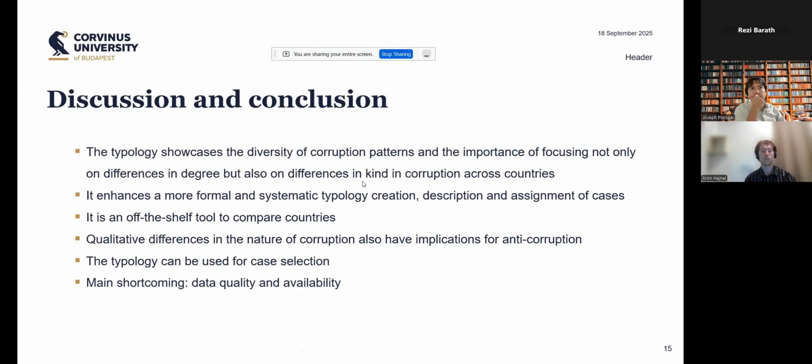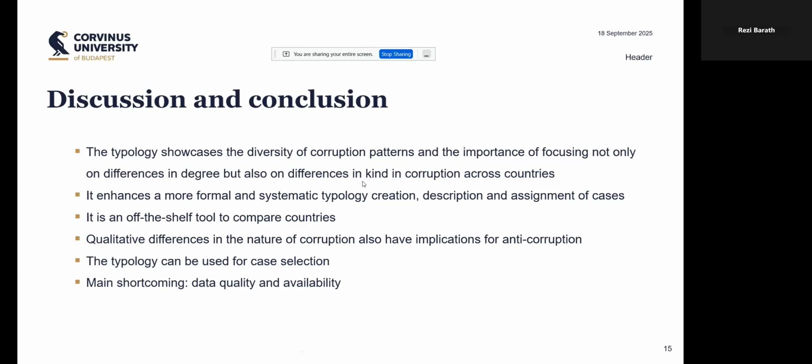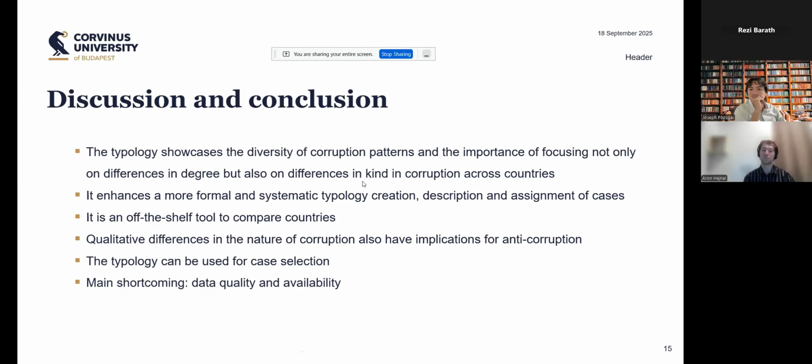Another potential use of the typology is for case selection for future case studies. Maybe it's just a useful, again, off-the-shelf tool to select countries based on the corruption pattern they experience. And we have already discussed this, but I wanted to highlight here that we believe the main